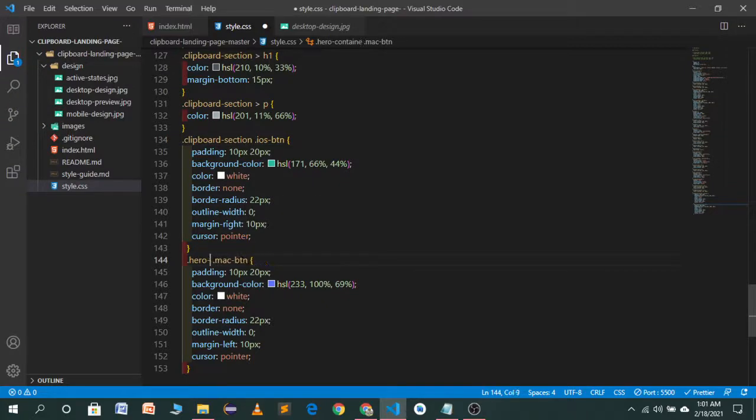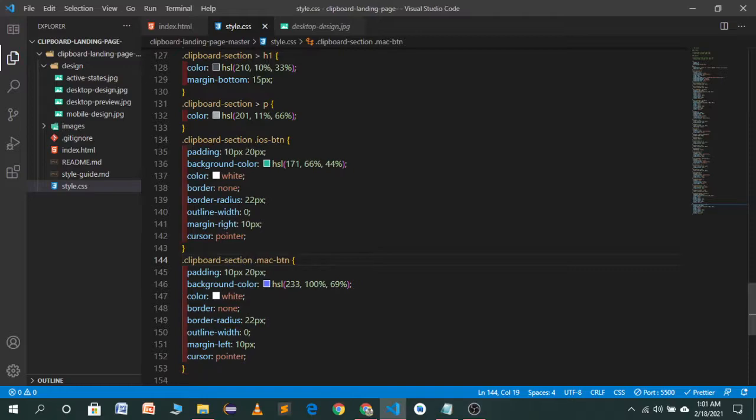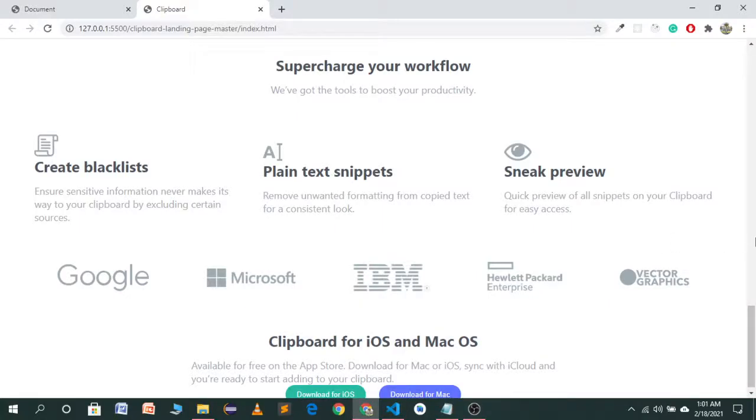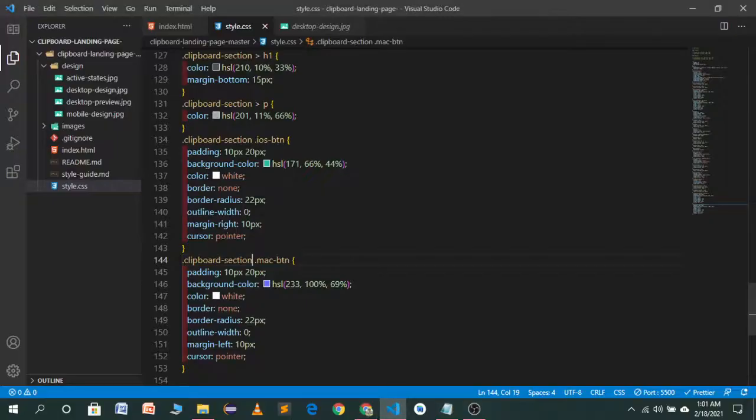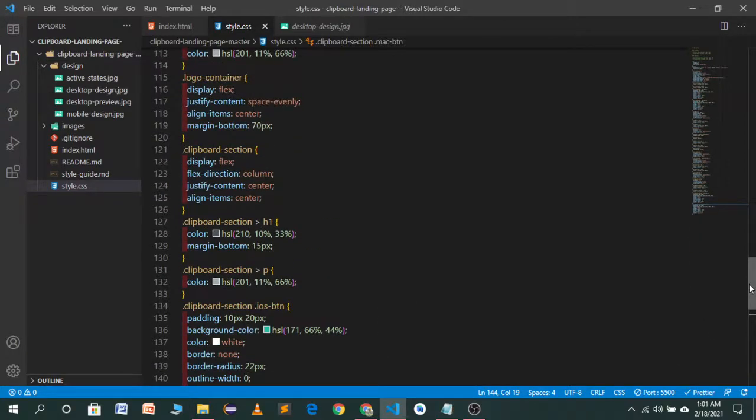The same with the Mac button. Now save this and let's see. Now the style has changed completely, but we want to give it a margin bottom to our section.